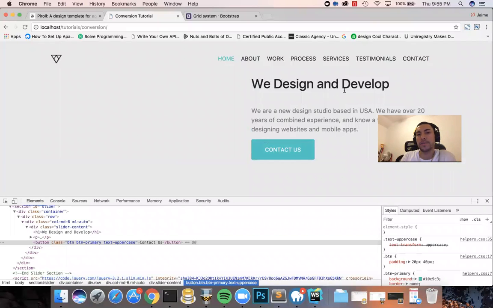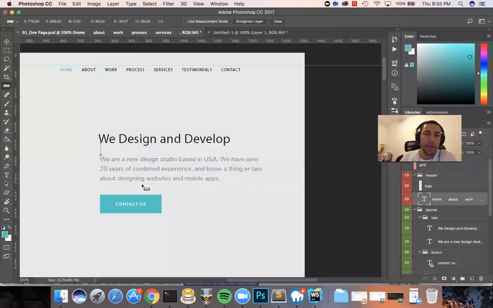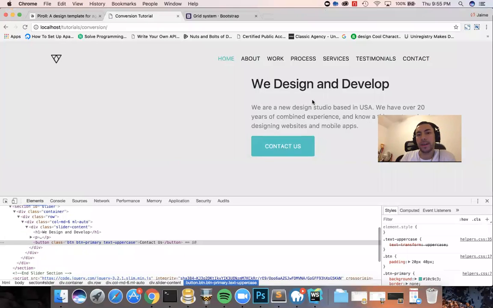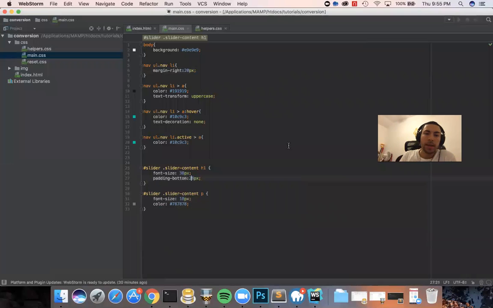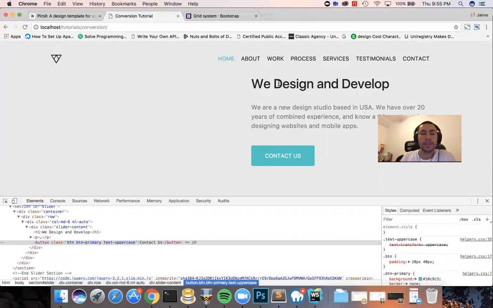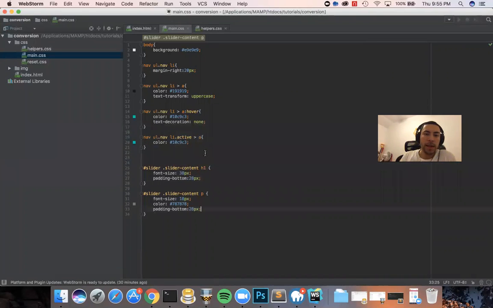So you see it just moved it down. I think it's a lot. So we can remove it. Let's make it 28 pixels, and that looks a little better. And then the same thing for the paragraph. At the bottom of it, we can make that 28 pixels, and it just spaces out the buttons. And now the slider,